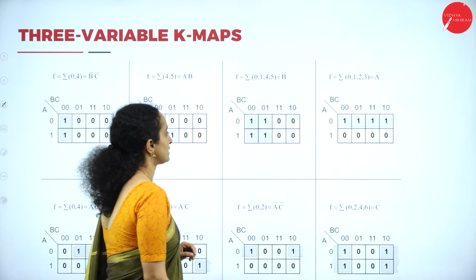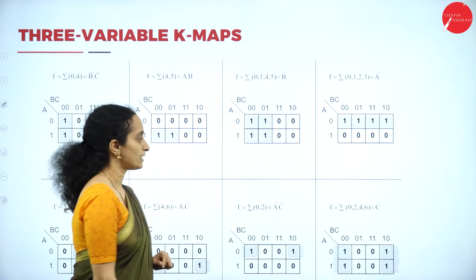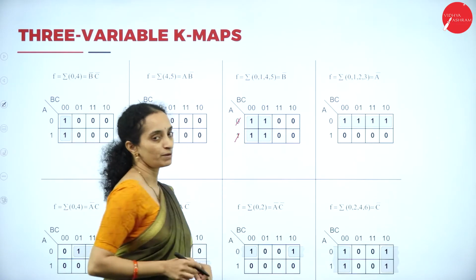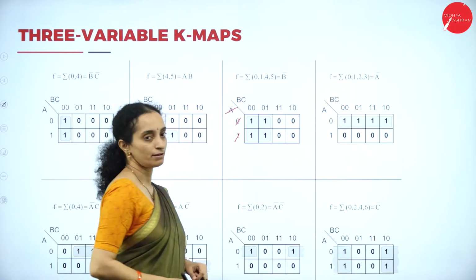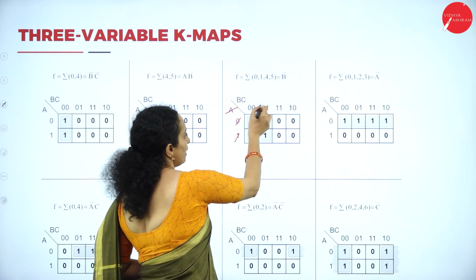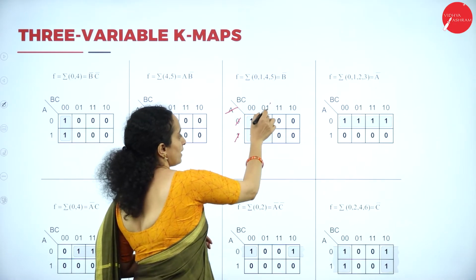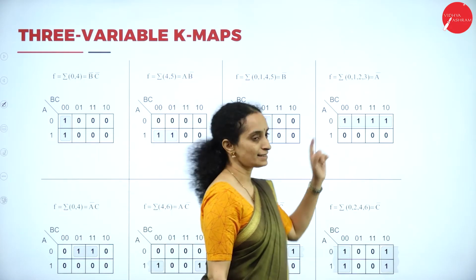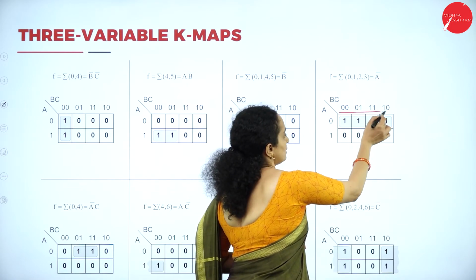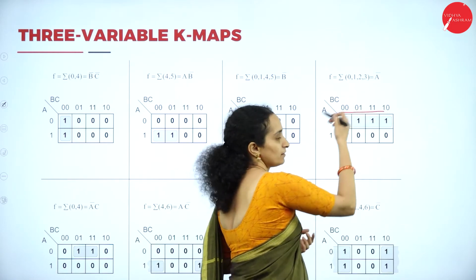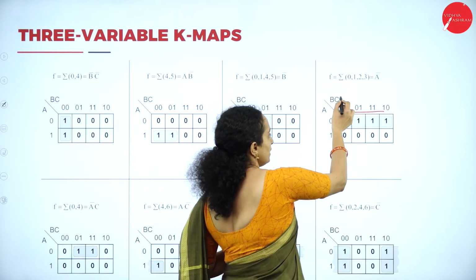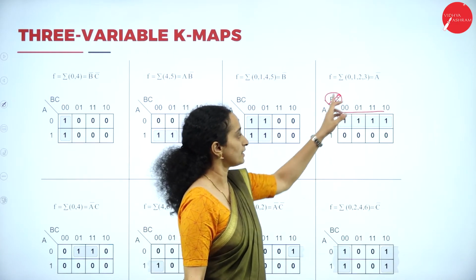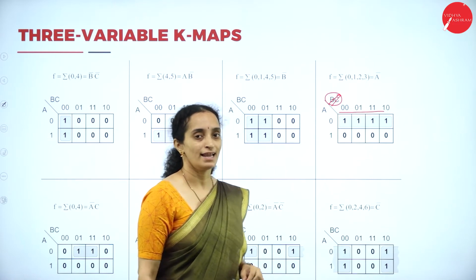When it comes to the next example, we have 4 ones in this. Okay, now we have to consider 0, 1. We have complement and non-complement form. A will be cancelled. In this, we have B remained as it is, whereas C is changing. So, it will be B dash. When you look at this example, you have to consider these 4 combinations. Obviously, there is change in state with every combination. So, these 2 will be cancelled. Remained is the A in the complement form, that is A dash.